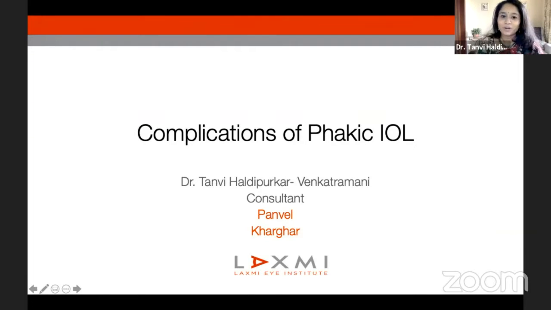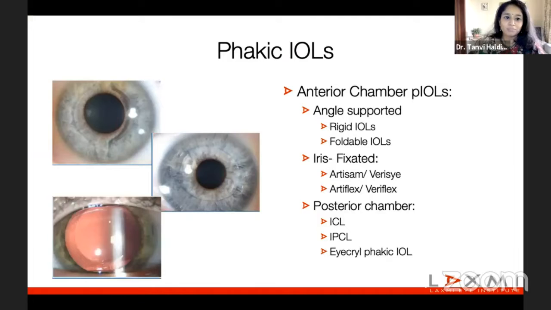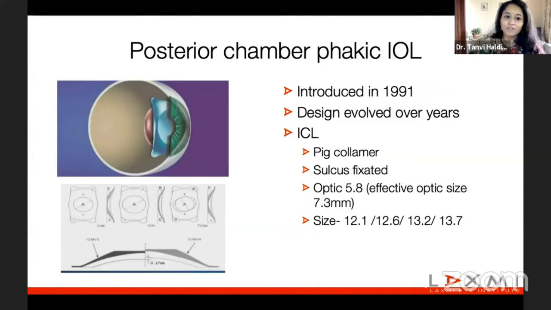So I'll be talking about the complications of phakic IOL that we may face. Fortunately for us today, the worst is over. We have at our disposal the modified and the better designs of phakic lenses. The disasters of the yesteryears and those with the anterior chamber and iris fixated IOLs are well behind us. The posterior chamber IOL has also evolved over time, giving us rather no excuse to not implant it. So wanting to move away from the endothelium, they came with this design of the posterior chamber lens.